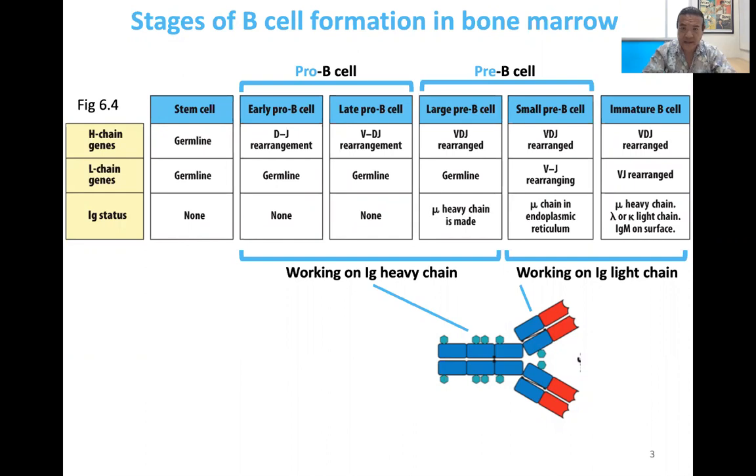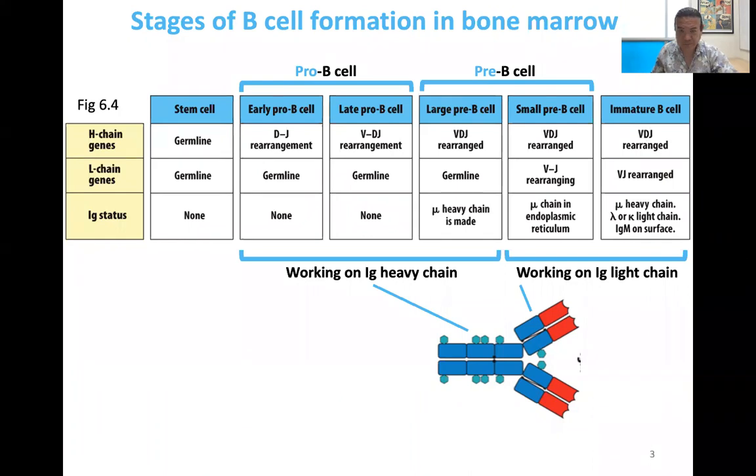and translates a product from that recombined gene, it is successful in making the Ig heavy chain, right? At that point, it will go ahead and start making the light chain. So that will then move to the pre-B cell stage. And similarly, the oven mitt goes to work and tries to rearrange the different fragments at the light chain loci. And if that works, then you have your finished immunoglobulin molecule being made, and therefore you have an immature B